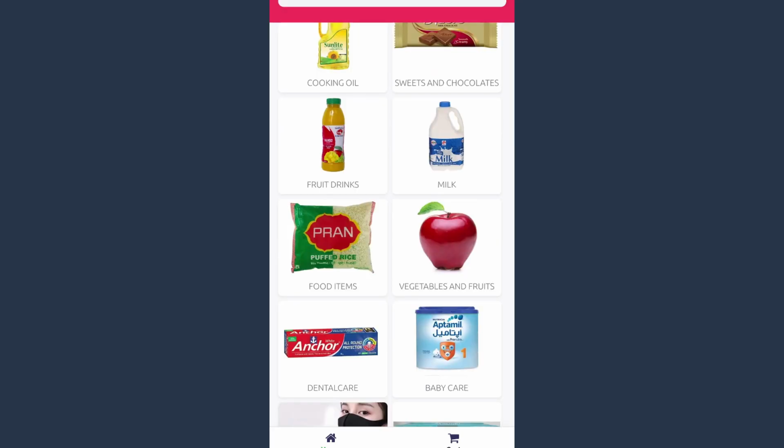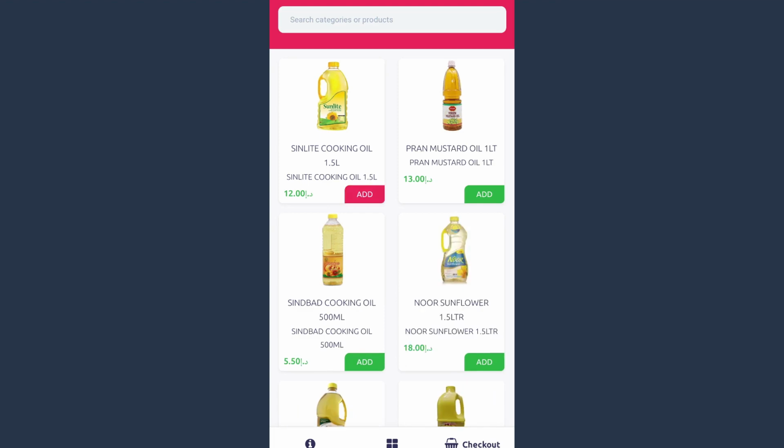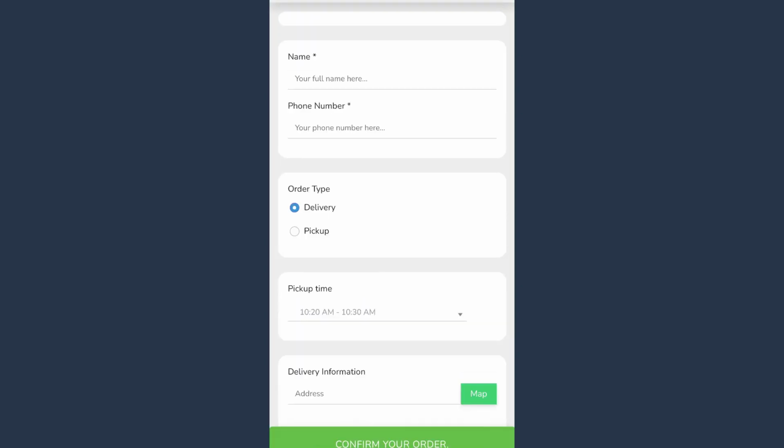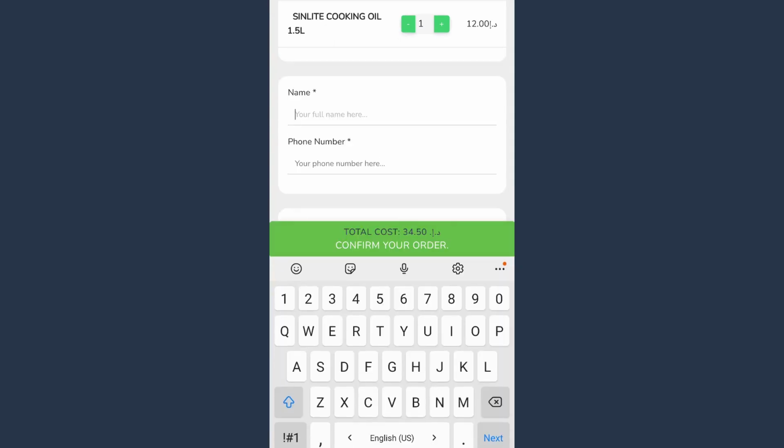So here you can see, now suppose we want to add oil, we click on the oil and we add oil. Similar process. Then you see this is what you have already ordered and this is what you want to finish. Then you just go to the checkout, there is a checkout option below, and here you are, whatever you have just now ordered, there's a list. Suppose I don't want to go ahead with something, I can remove that from the list, or if I want to keep it, I can keep it.